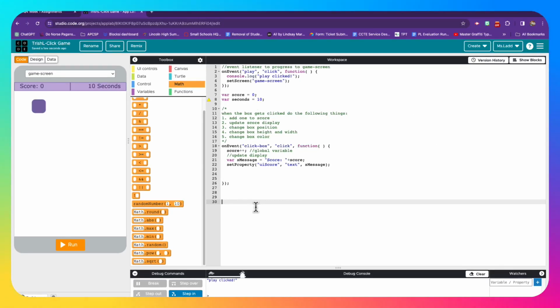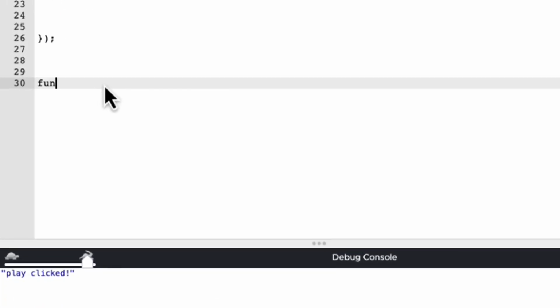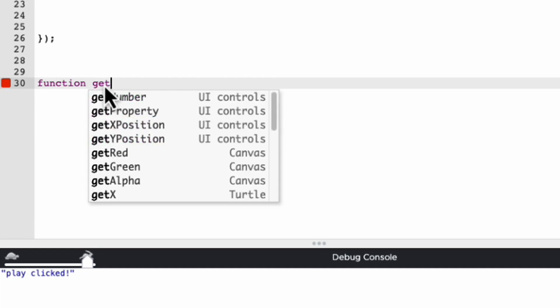And so we're going to name our own get random integer, or get random int is what I'm going to call it. I'm going to remake the random number function. Like I could just drop this in here and you know, there. But I want you guys to understand a couple of things about how functions work. So first, function. I'm going to call this get random